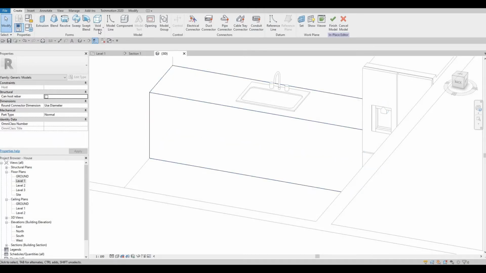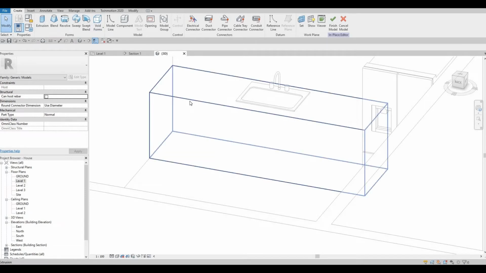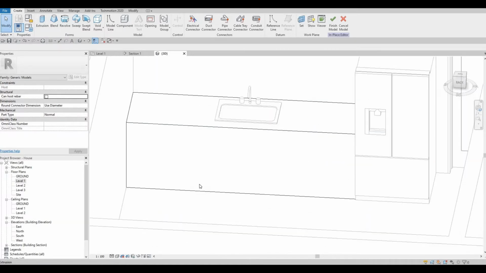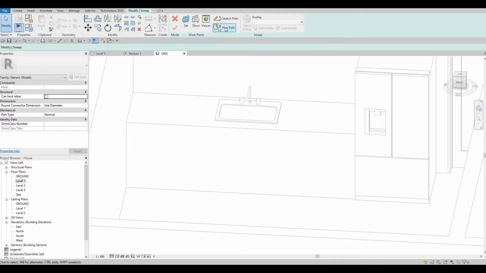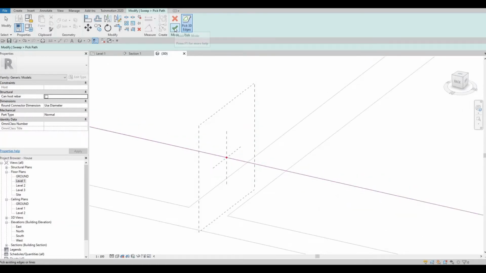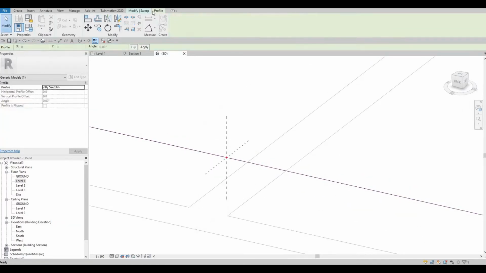What you need to do is, we finished the extrusion, but now we're going to void some part here. So click void sweep, and then we pick the path. So I'm gonna choose this one, and then from here click on finish, and then click on sweep again, and